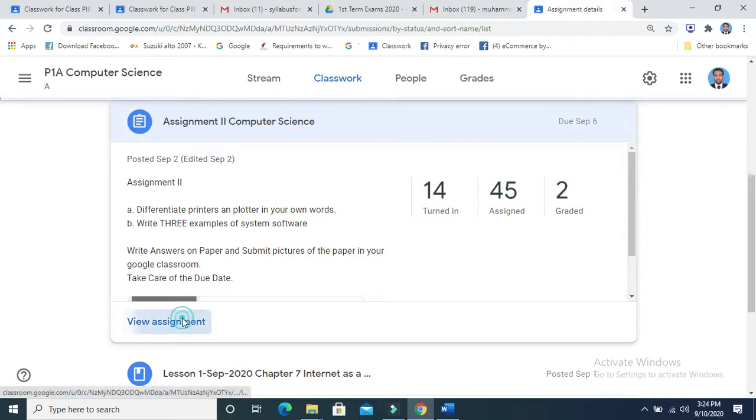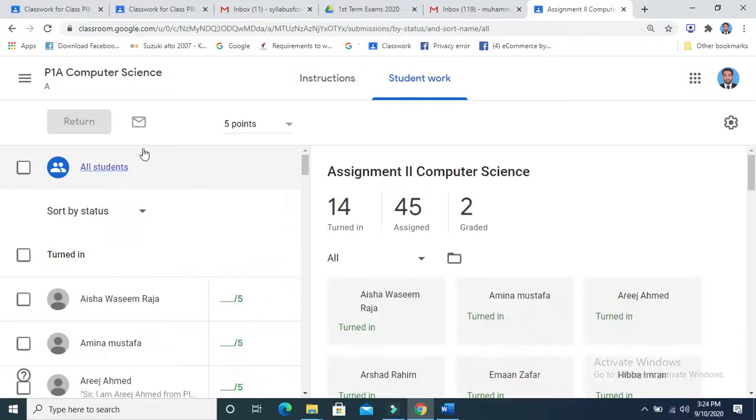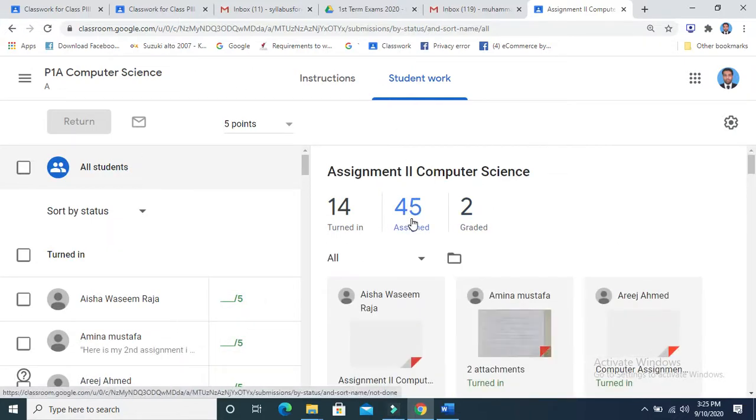When you click on view assignment, you will see that there are a total of 45 students, let's suppose, in the class. Sometimes the students join with their fathers' and mothers' email addresses, so the number of students is very high. We have already announced that they will join only with one email ID with their personal name, not their siblings' or parents' name, or even any nickname.